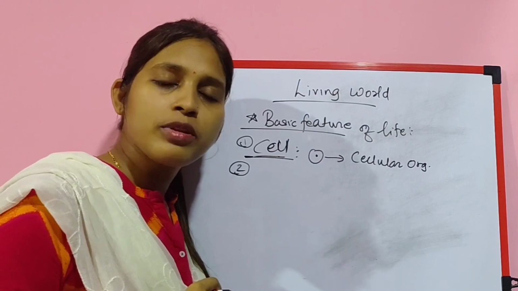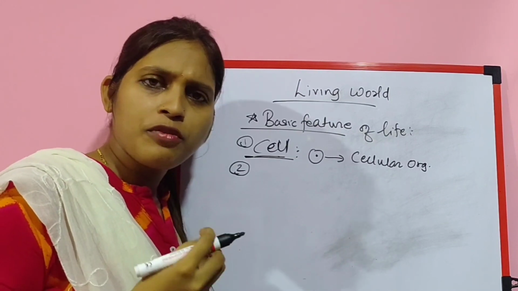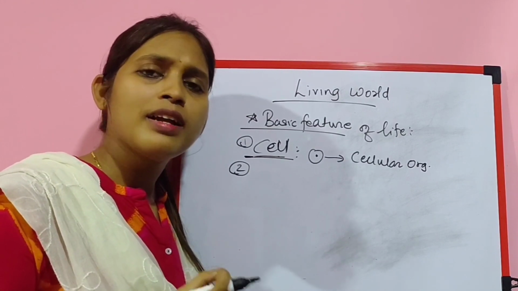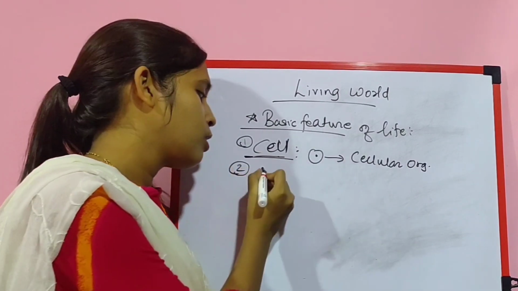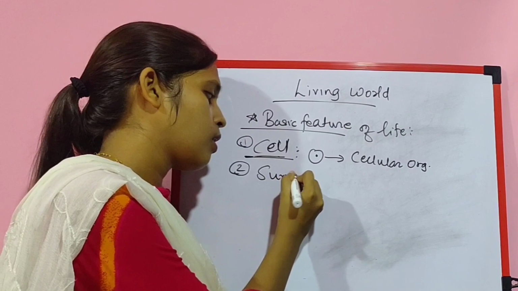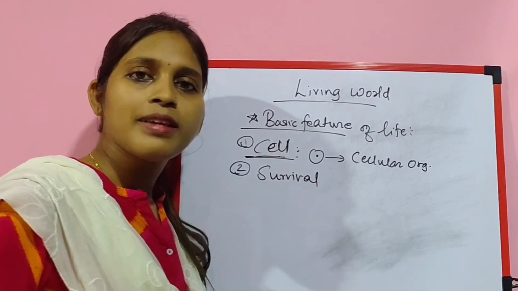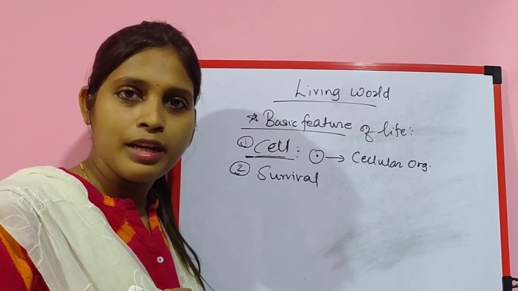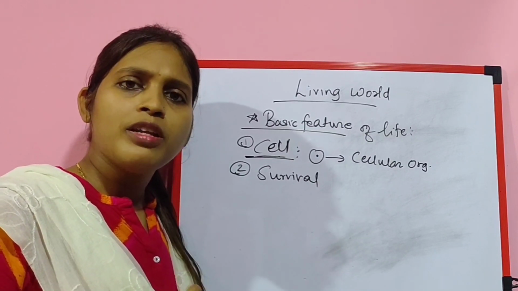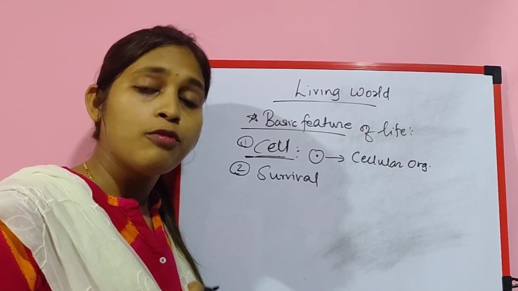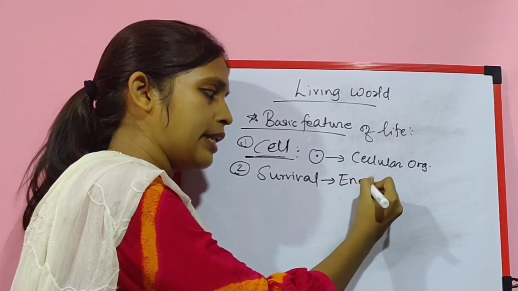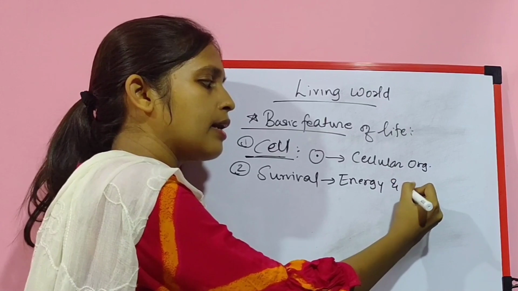The second basic principle of life. If a living being is born or produced, obviously it has to survive. Correct. So survival is our second basic principle as a defining property for a living being. Now if it is produced, it has to survive, and for its survival it requires energy and